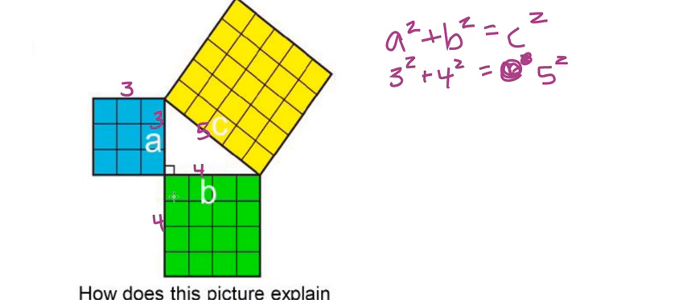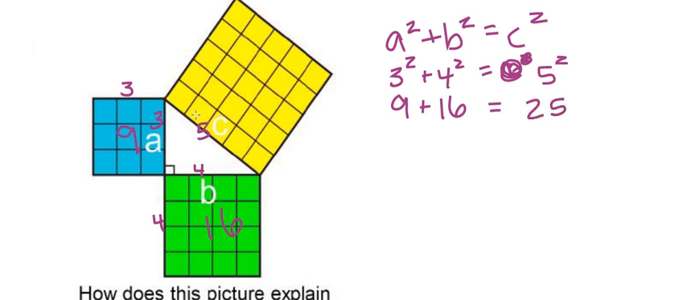Well, right here, I have my 4. So I've got 3 squared, that's 9. So this area here is 9. I'm adding it to 4 squared. This area here is going to be 16, and it's telling me that it's going to equal 5 squared, which